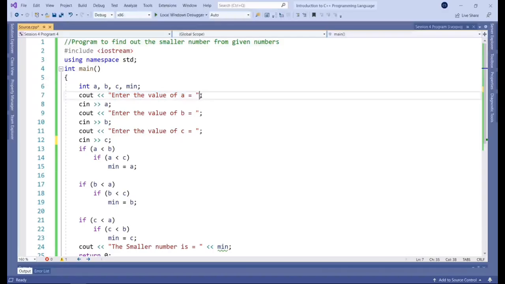So that's a fancy way of saying we're just outputting a message out to the screen to communicate with the user. We then use the cin object to read that data, and then the extraction operator to input it or save it in the A variable. We repeat that process with the second number and then with the third number.